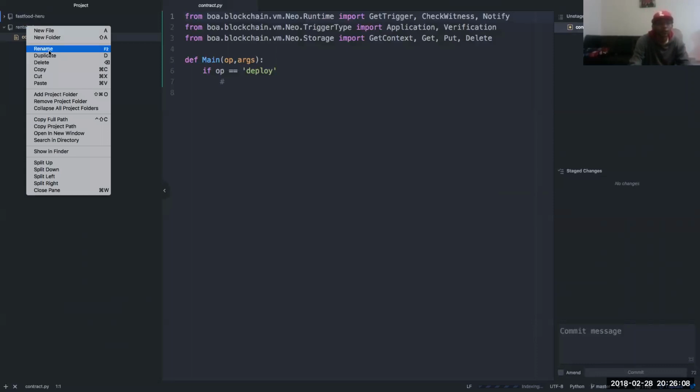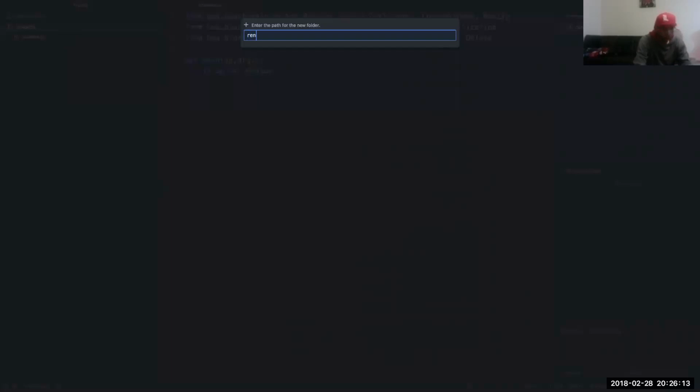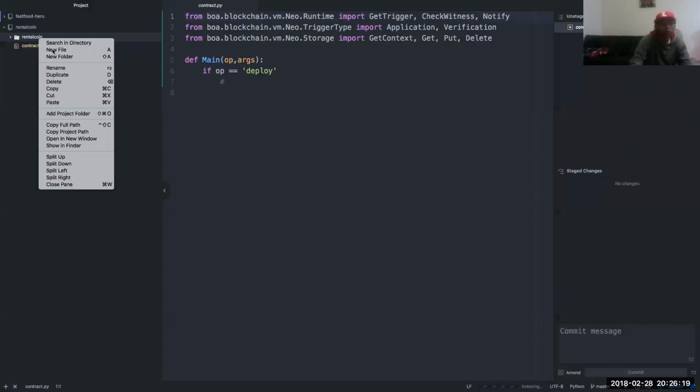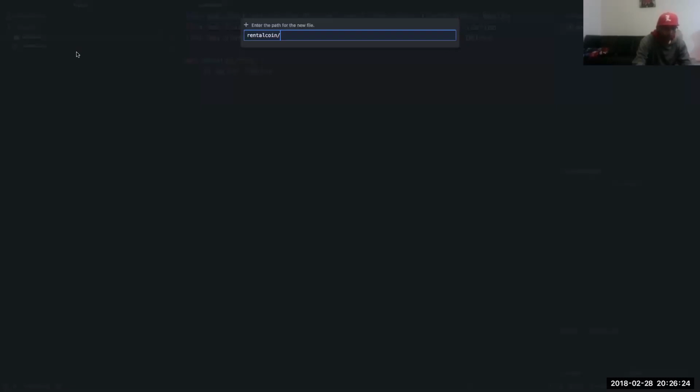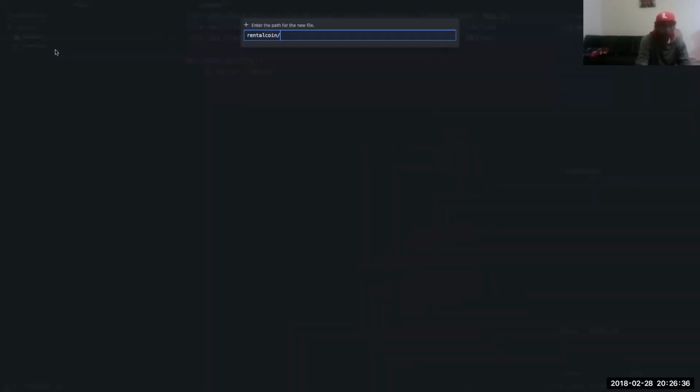So we're going to actually add a new folder here. We're going to call it rental coin. And we're going to go ahead and add a new file, and call it token/token.py.